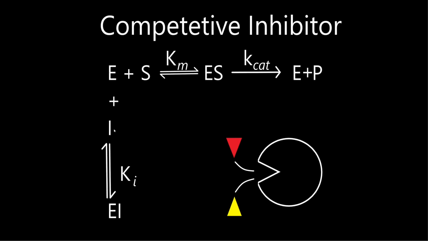E and I would then go this way to the EI, which is the binding of the enzyme and the inhibitor. However, they can go back. They can reverse this action. This action can be reversed, which can be seen through these double peaked arrows. Then, after this is reversed, the enzyme can choose again. If it chooses to unite with the substrate, it will go this way to the ES. The ES is the abbreviation for the enzyme substrate complex, in which the enzyme chose to unite with the substrate,